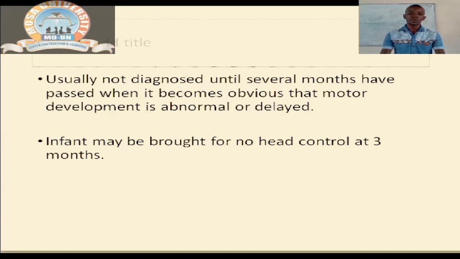Okay, this is for one simple reason. Remember, we are saying cerebral palsy is affecting the motor aspect of human function. So until our child is able to exhibit those motor features somewhere around 6 months, that is when we are going to expect that this child is going to present with classical features of cerebral palsy. An infant may be brought for no head control at 3 months. That could be one of the early features of cerebral palsy, okay? Because we know that by 3 months, we expect that this infant is supposed to be able to control their head balance,